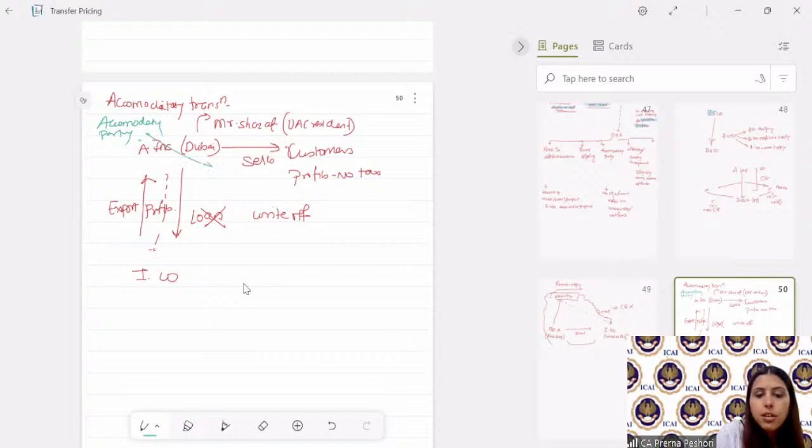And this can be disregarded if the GAR is applicable. Are we clear? Any doubt? Did you understand the meaning of the accommodating party, which helps in tax efficiency of the transaction? Clear? Next was